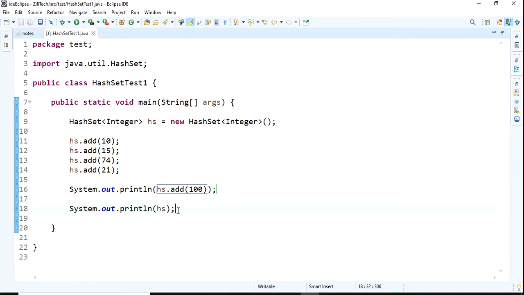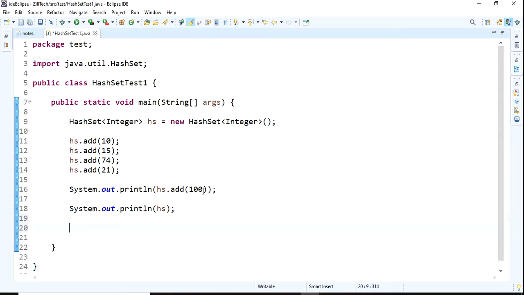We do not have any method like inserting at a specific position, and updates are not possible. Before the iterator, I want to show whether it stores a null value or not.